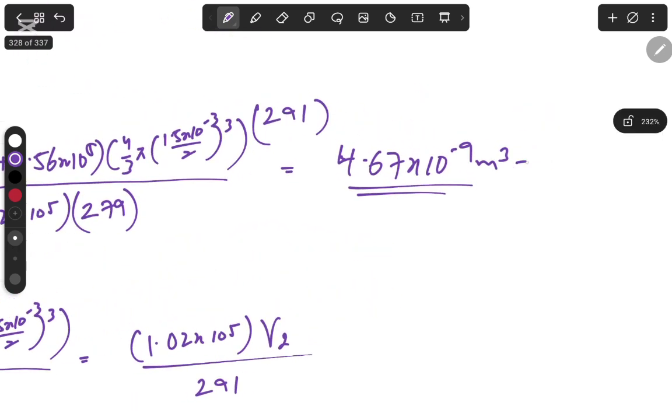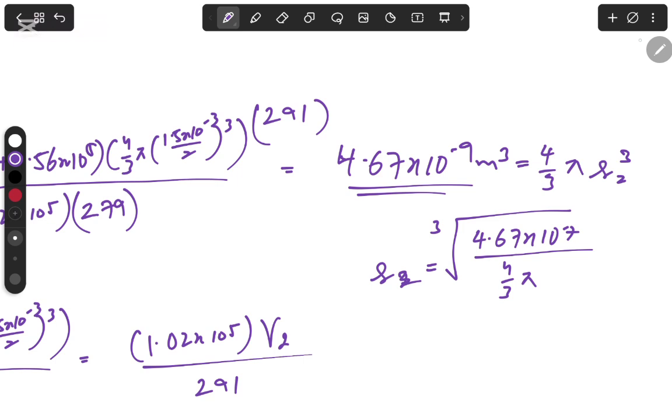Now this is going to be equal to 4 by 3 pi r2 cubed. Now I have to find r2, and the value of r2 is going to be equal to the cube root of 4.67 times 10 to the power of minus 9 divided by 4 by 3 pi. And that's going to give me